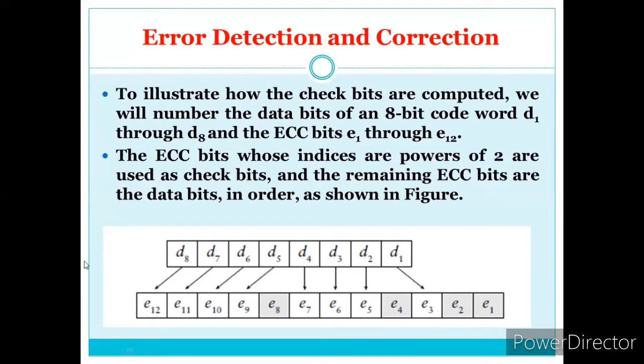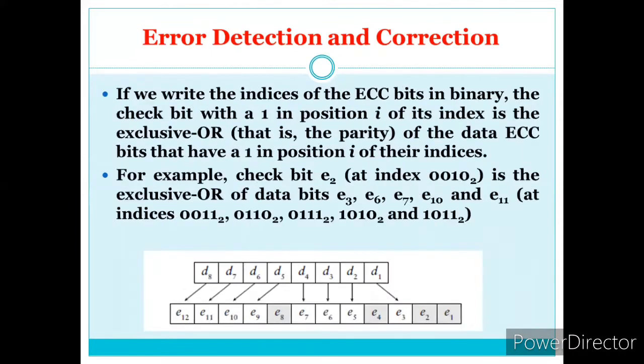We can just check it out here, all the information there, how we are writing it. Generally, parity bits are added at the 2 raised to the power of 2. The ECC bits whose indices are powers of 2 are the parity bits which check the error in the given ECC word. So after identifying the parity bit, we need to find in which bit the error is there.